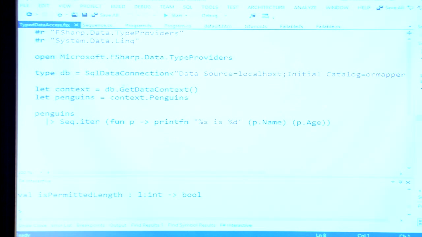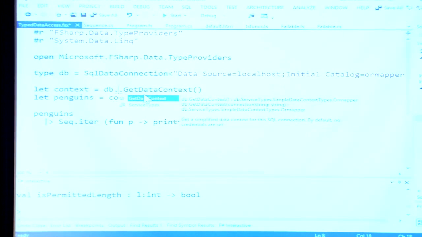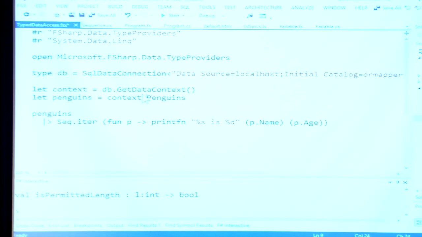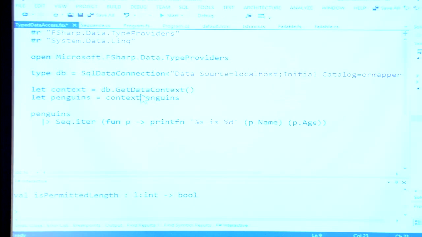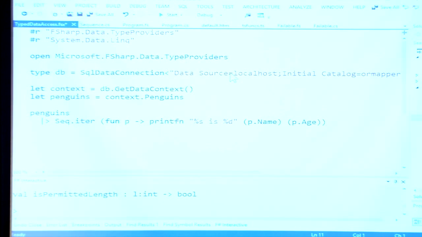And that's going to give me a strongly typed object, which has got properties on it. And it's going to give me some more types. So it's going to give me that data context type, which you can see has got the types from the various tables in that database. It's quite a small database and quite a specialized one.